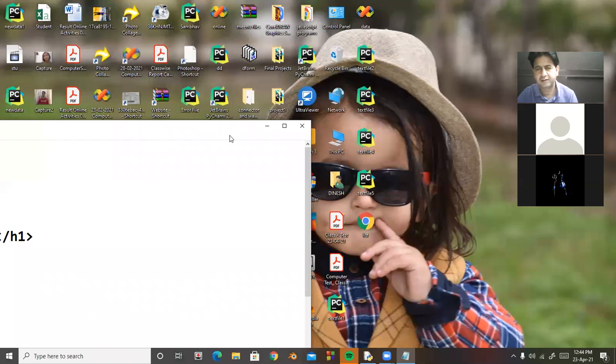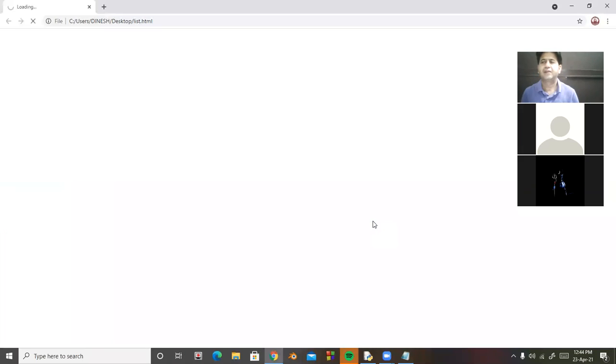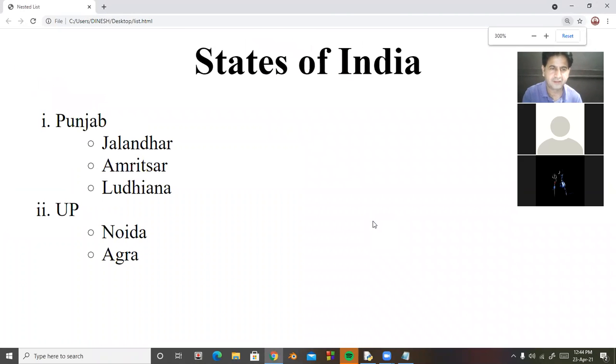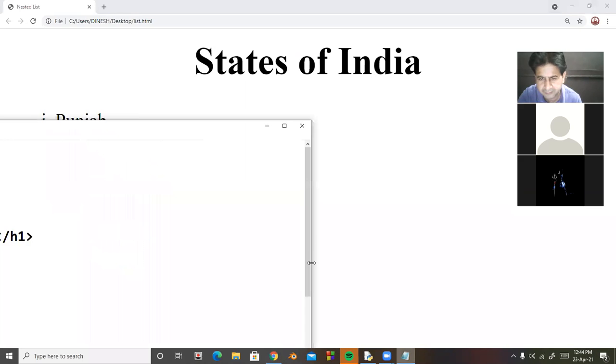So look at here. I open the list.html file. The main list, that is Punjab, UP, and the nested list Jalandhar, Amritsar, Ludhiana. This is a nested list. Again, Noida and Agra. This is again a nested list, but there is one problem.